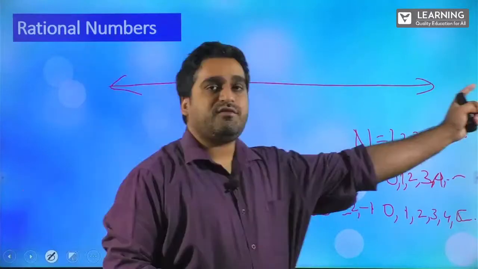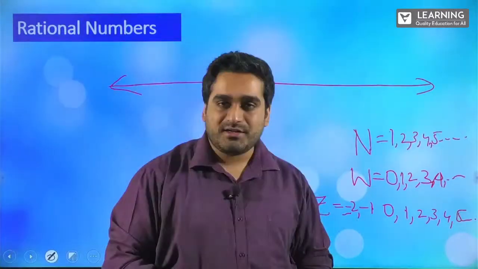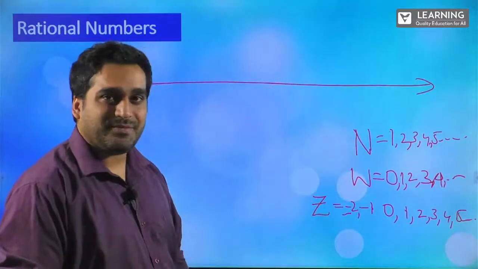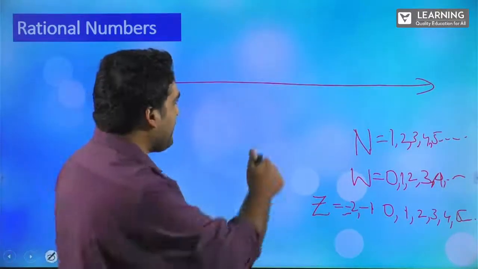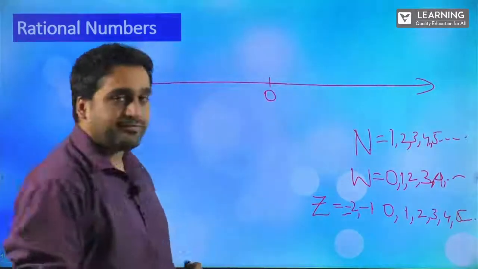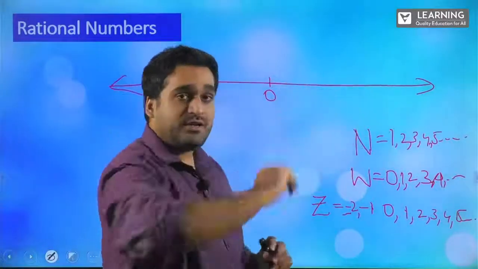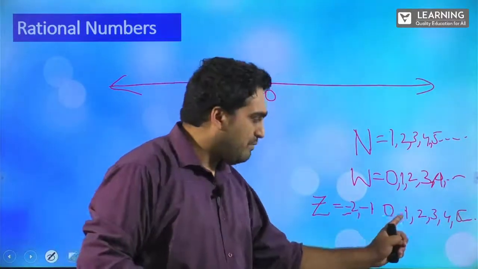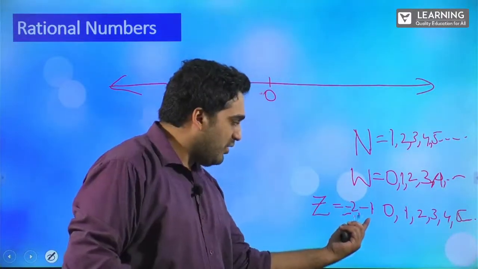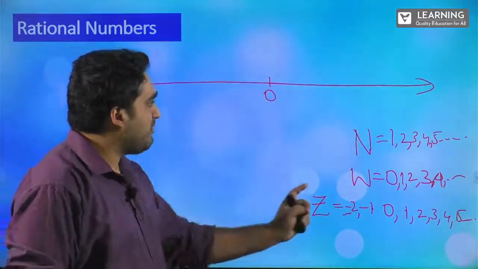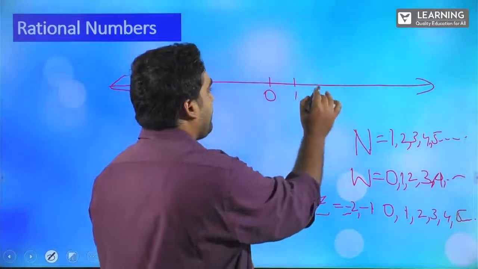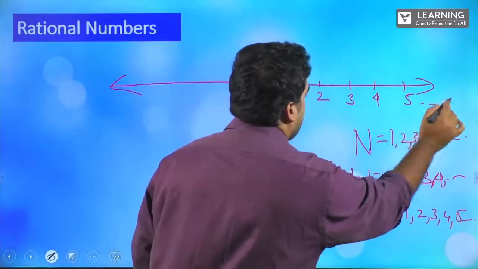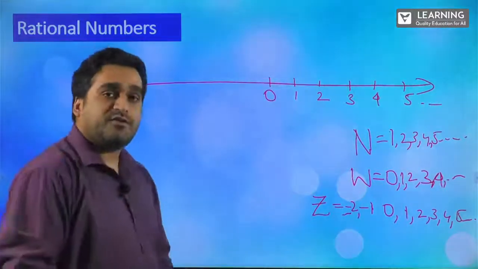Will 0 be at the far extreme right hand side? Will it be at the far extreme left hand side, or somewhere in the middle? You'd say it's somewhere in the middle, which is where 0 is located here. And towards the right hand side, you will have the set of all positive integers. These are called positive integers, and these are called negative integers. Positive integers are 1, 2, 3, 4, 5, and so on and so forth. And for the set of all negative,